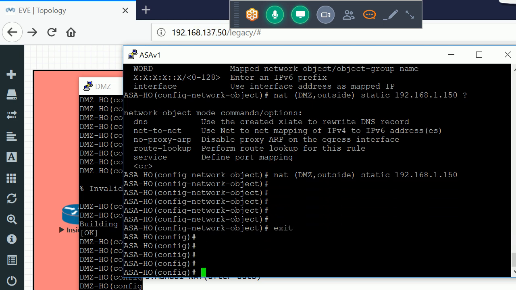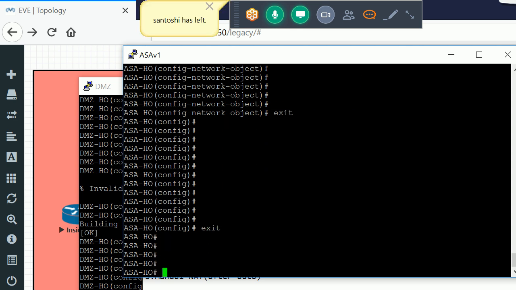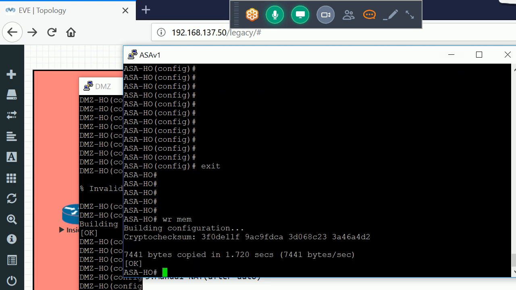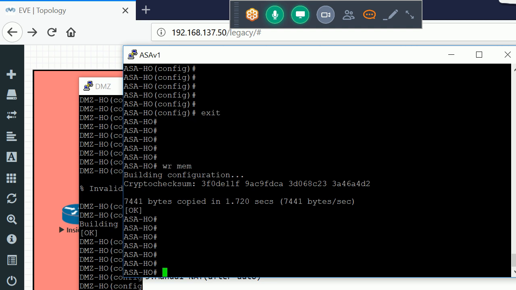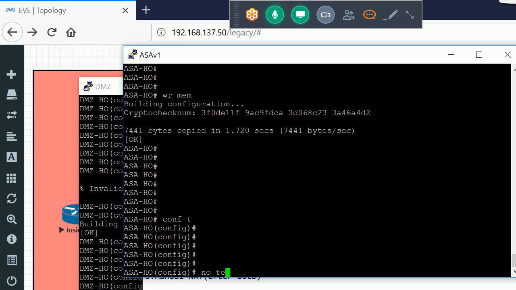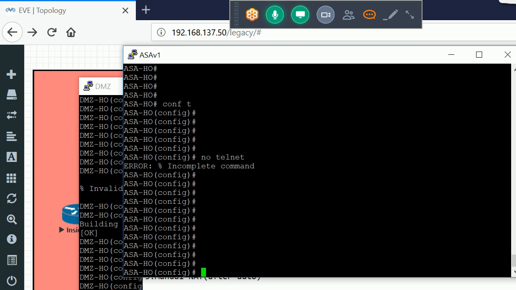Exit. Write memory. Let me remove the telnet configuration. I don't want it.